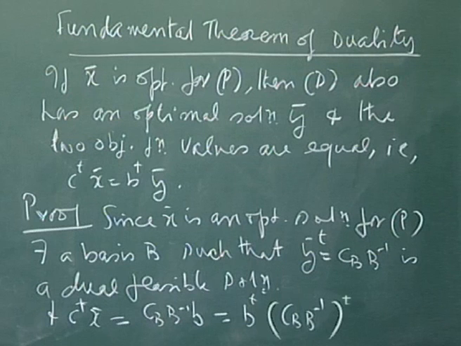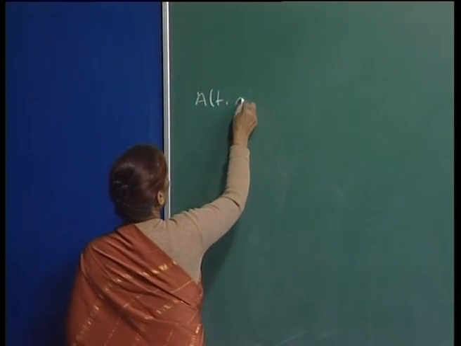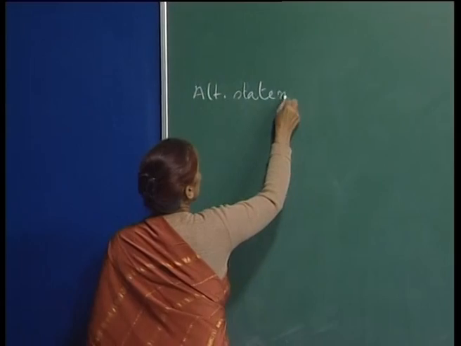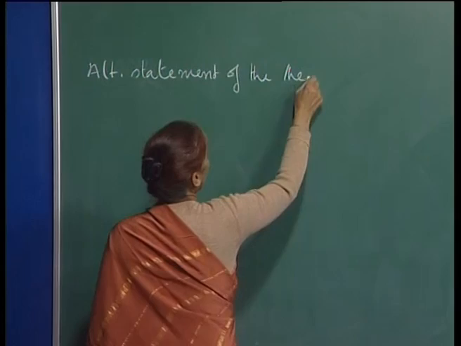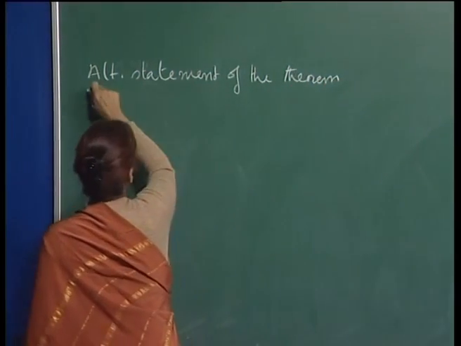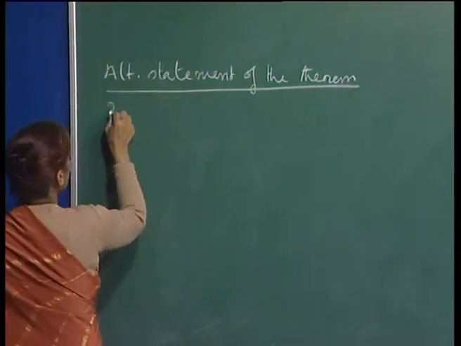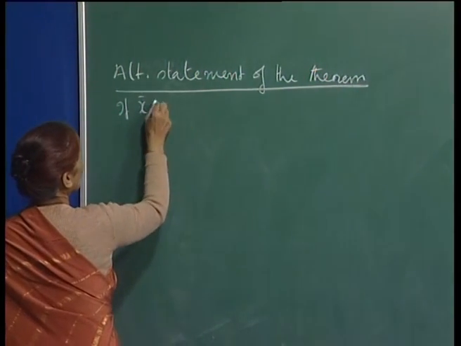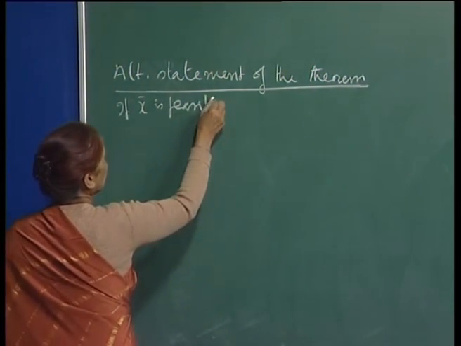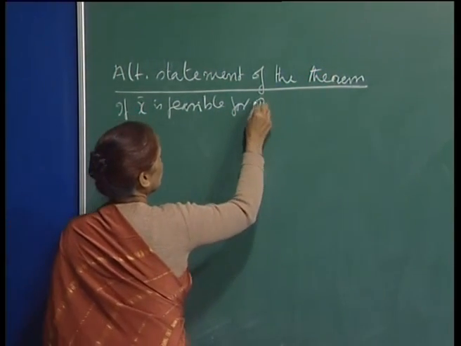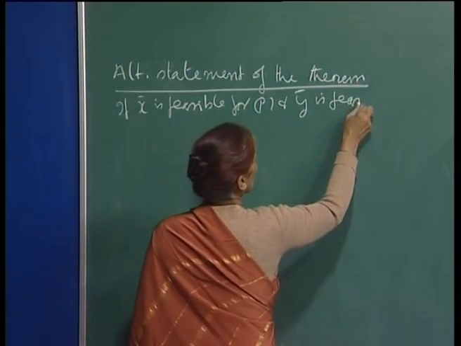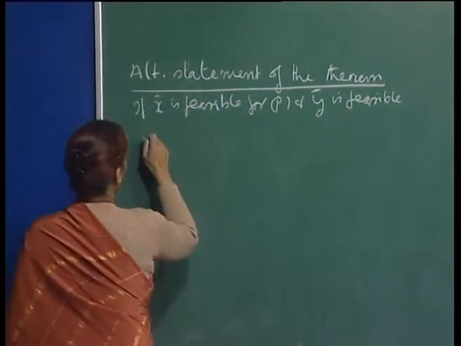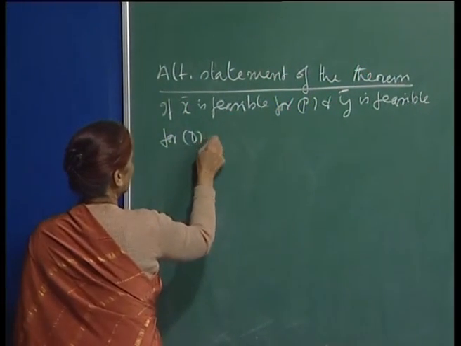So, another alternate statement of the theorem would be: if x bar is feasible for P and y bar is feasible for D, then